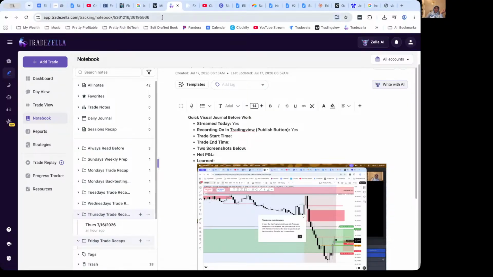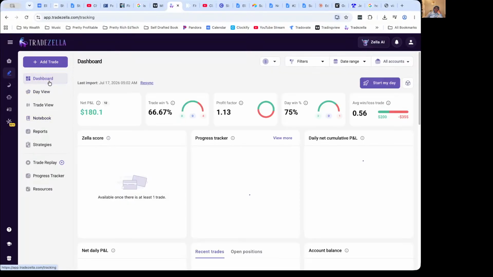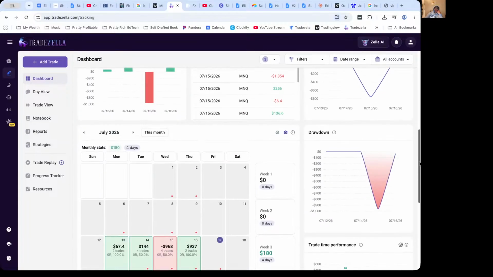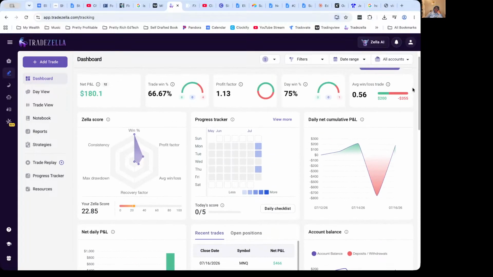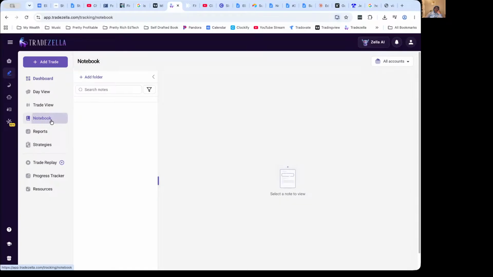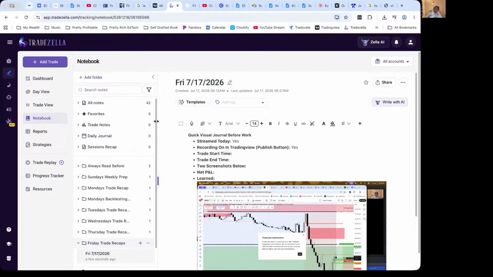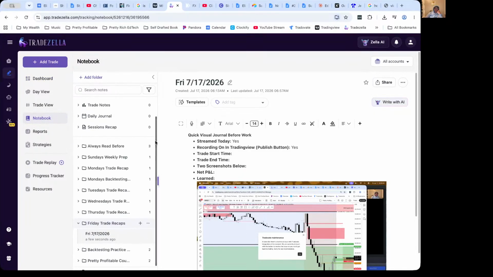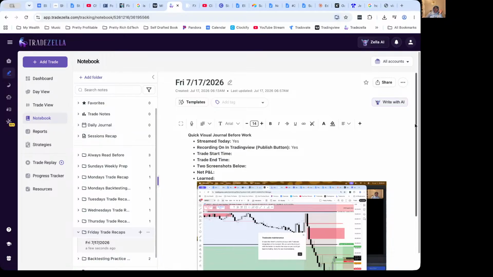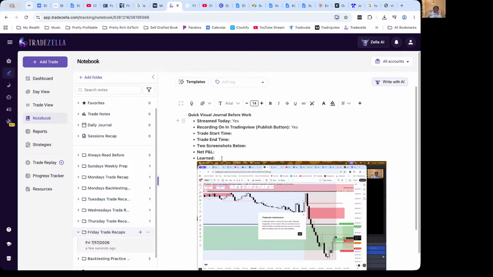So let's see what the dashboard looking like. Let's see if we even copied that trade. Yeah. Okay. Yeah, I'm just gonna call it a day. And I'm glad I got this my first time in it. So